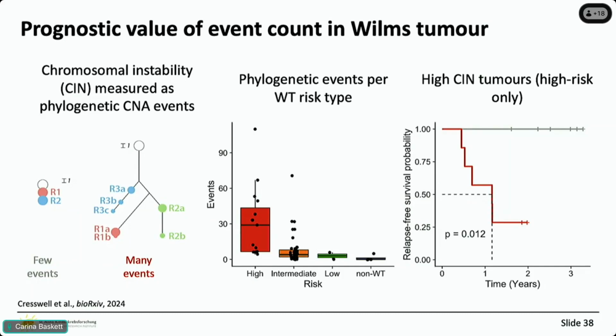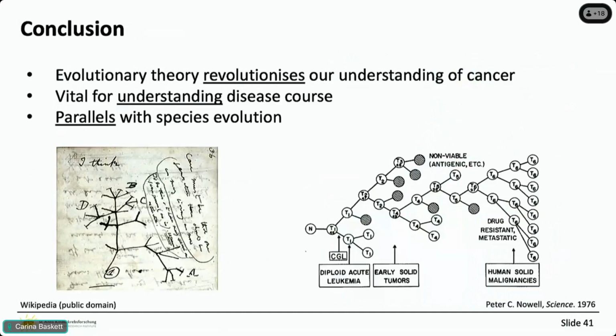But one interesting phenomenon that we saw too is that when we actually just took only the high risk group and we split them into those that had a lot of alterations and those that had few alterations, we saw that the ones with a lot of alterations actually really relapsed early. So using this biomarker, we could potentially propose a way of taking this high risk group and splitting it into also a very high risk group potentially. So with that, I'd already like to come to my conclusion.